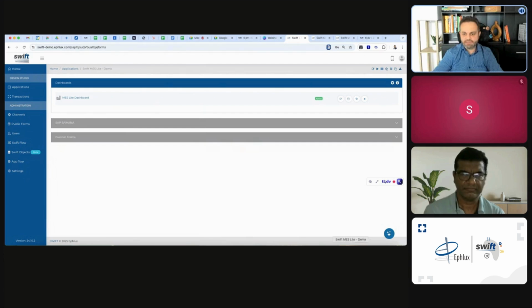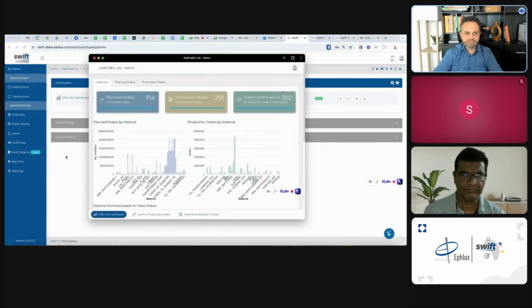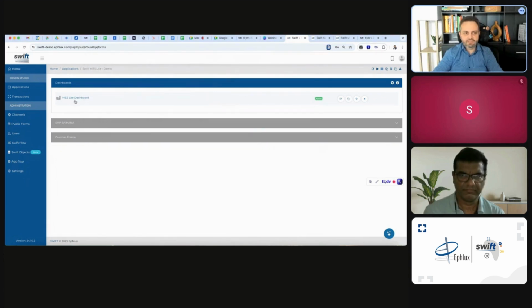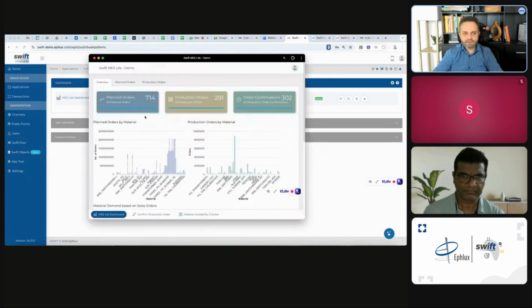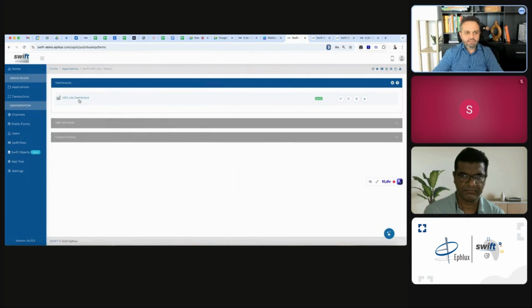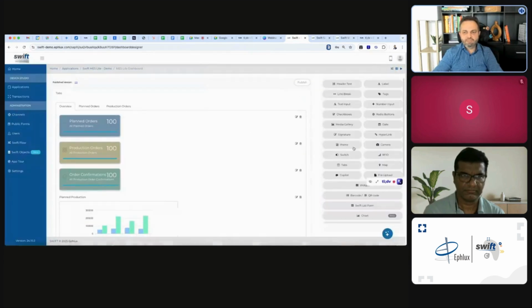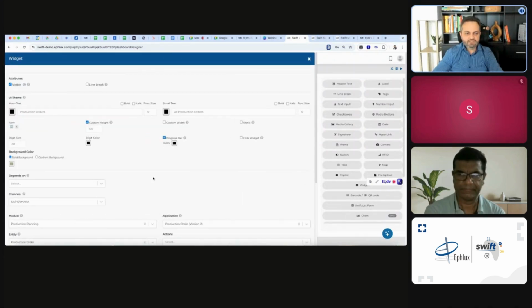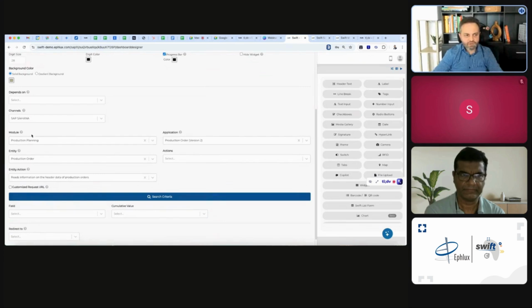application that we're looking at, I'm going to keep switching back between this and this application so that you know what's happening. You see this dashboard right here, which has a bunch of these KPI widgets and some charts. Now, it's built very, very simply by dragging and dropping these widgets. And as I will show you for the order confirmation, if I want to take a look at what production orders are there, all it's doing is, I've specified which module of SAP I want to use, which product, which